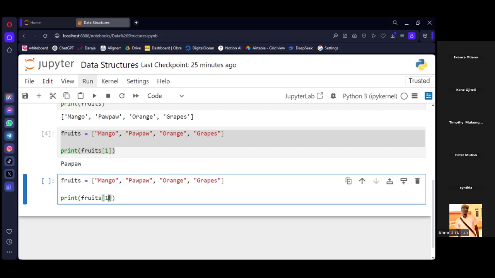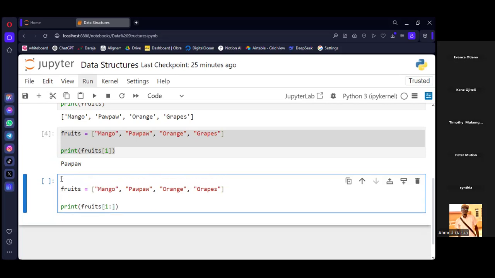And then you need to specify the ending index of your range. Let me give you the syntax here. Whenever you are creating a range in slicing, remember, I'm still referring to range slicing.